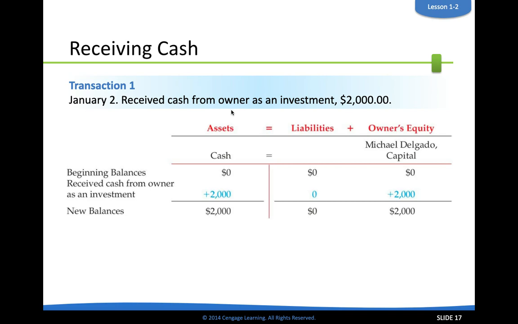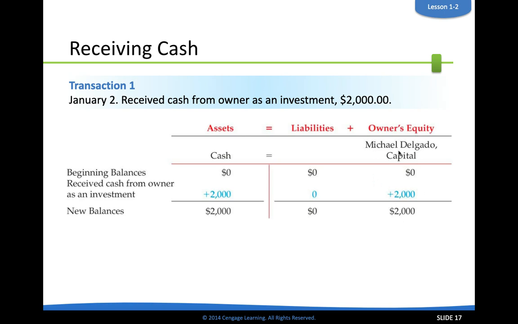So in terms of the business, the effect on the accounting equation, how we would account for that investment of $2,000, is that the cash account balance, the asset of cash, like the company's bank account, goes up by $2,000 because he invests $2,000 into that. So assets go up plus $2,000. And since it's happening on both sides of this equation, an equal recording needs to happen as well. The effect is owner's equity also goes up by $2,000.